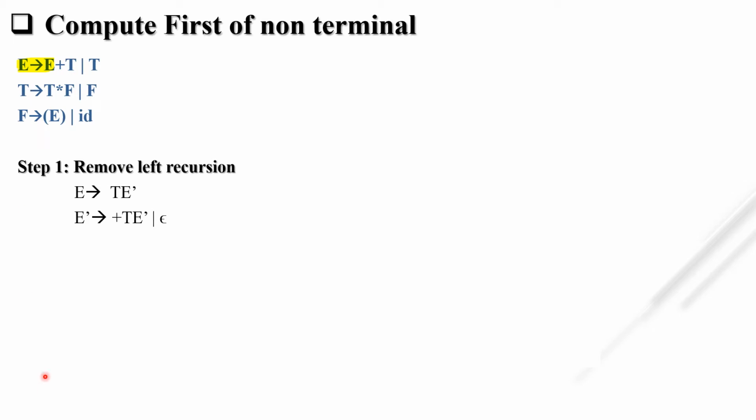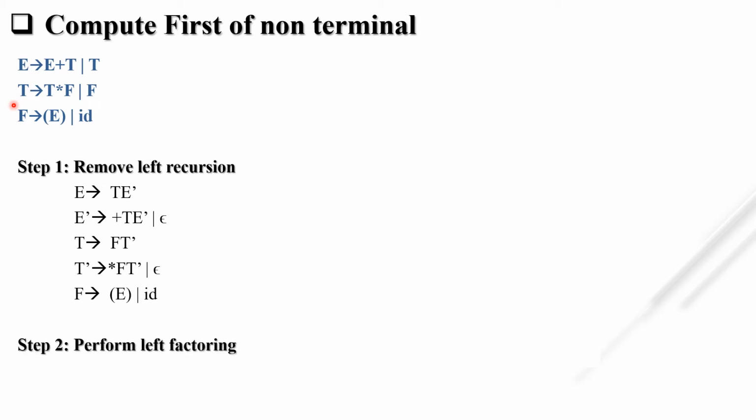Similarly, there is another left recursive rule, that is T tends to T star F. If the leftmost symbol is F, then we do not have to consider it as a left recursion. But here T tends to T, that's why we have to consider this rule as left recursive, and remove left recursion from this rule. So similarly, T tends to F T dash, and T dash tends to star F T dash or null. And the last production has no left recursion, so we put F tends to open bracket E close bracket or ID as it is.